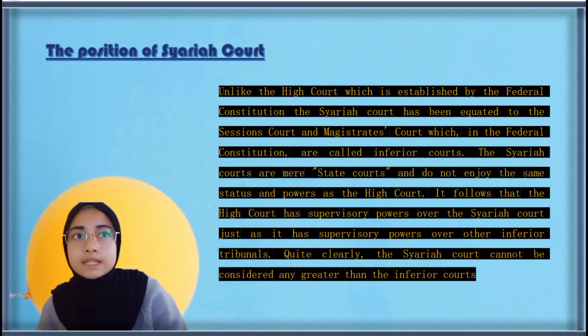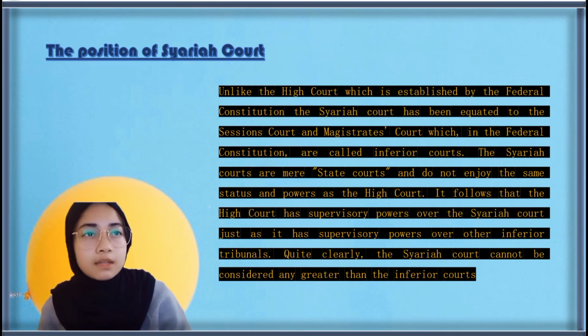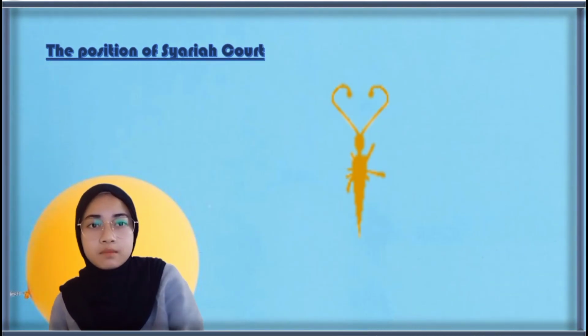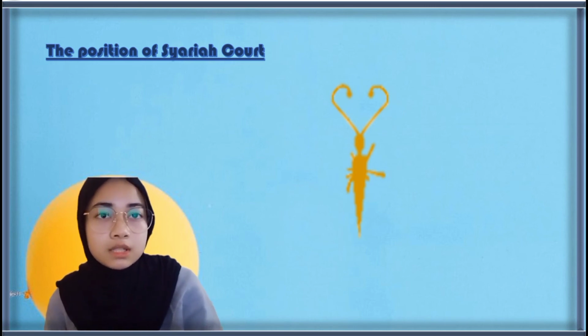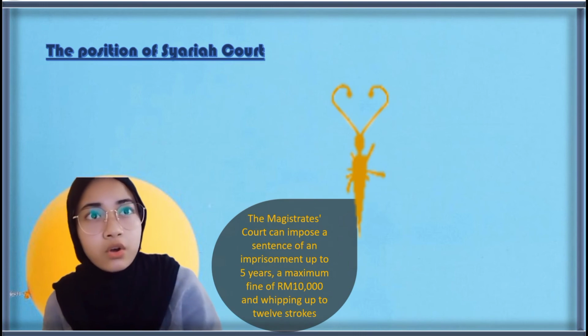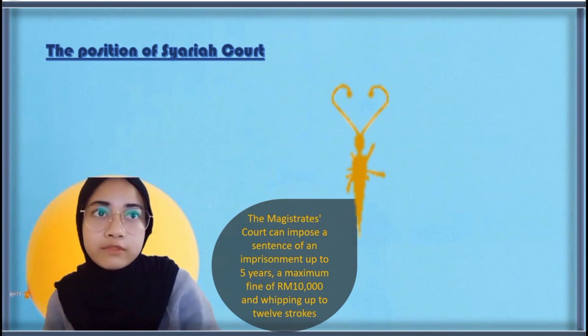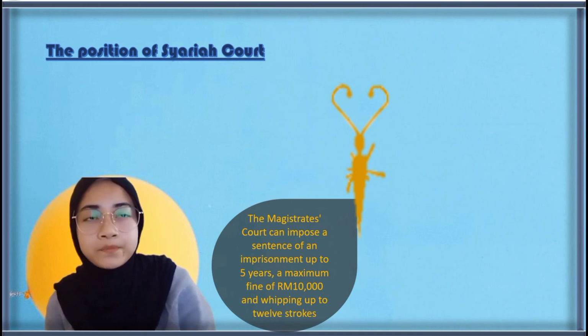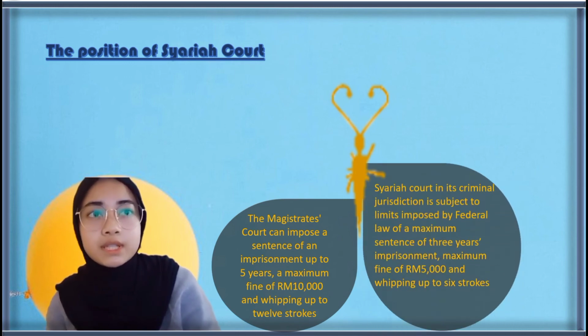Quite clearly, the Sharia Court cannot be considered any greater than the inferior courts. As an example, in exercising its criminal jurisdiction, the magistrate court can impose a sentence of imprisonment up to 5 years and a maximum fine of 10,000 and whipping up to 12 strokes. Meanwhile, the Sharia court, in its criminal jurisdiction, is